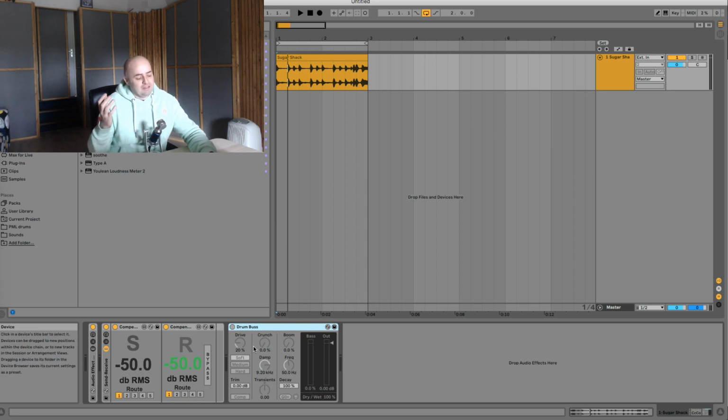I really hate when I use a plugin and just turn it on, and all of a sudden it's a hell of a lot louder. Then you have to go to the output again, and if I click any button, it gets a lot louder again. Drum Bus is a culprit there, which is super annoying. So check this out. I have this kick here,